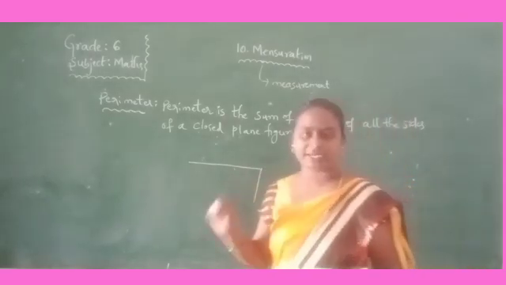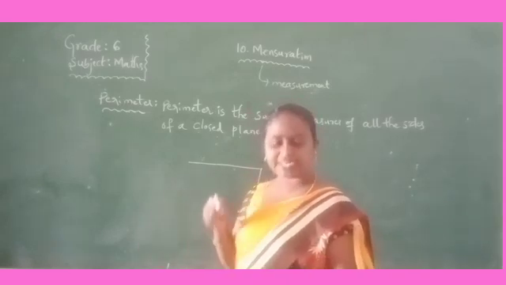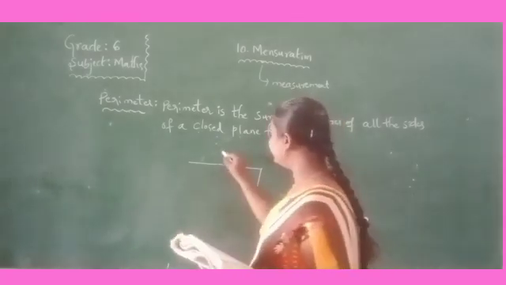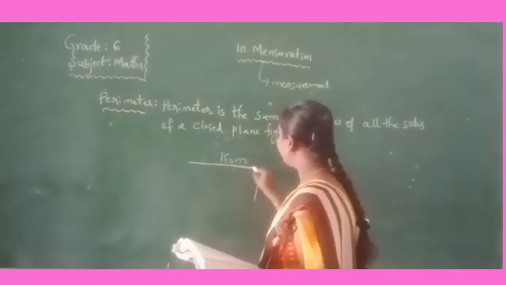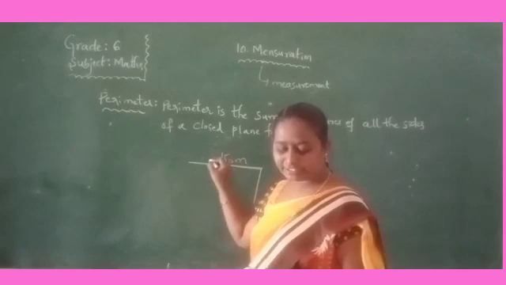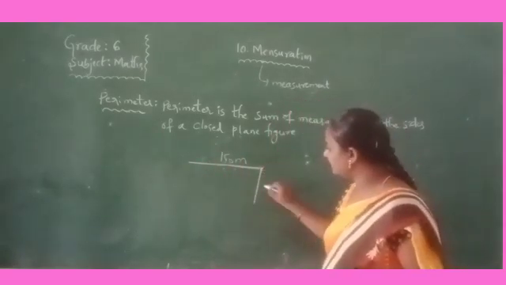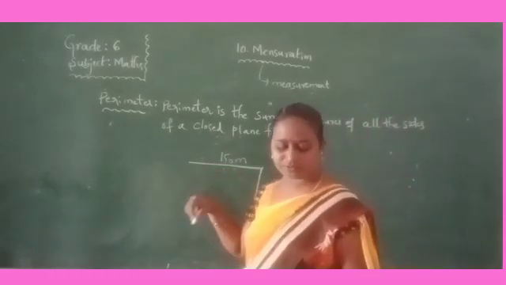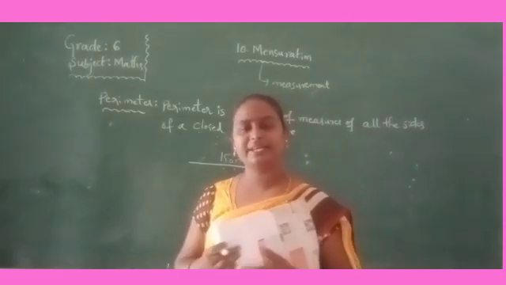So Meera went to a park. That park has some length and width. What is the length here? Long means length. So length here is 150 meters. The length of the park on one side is 150 meters and 80 meters wide, 80 meters width. She took one complete round on its boundary. What is the distance covered by her?